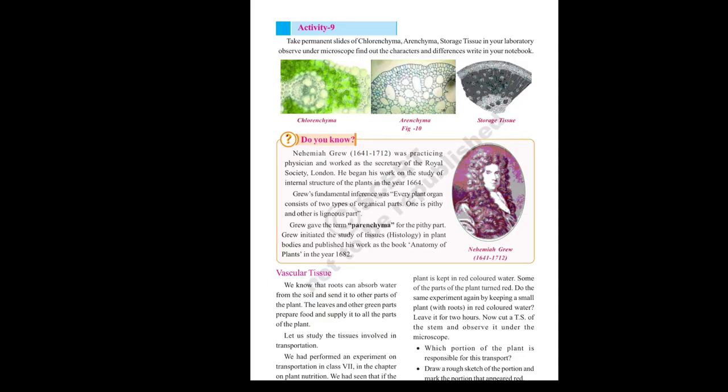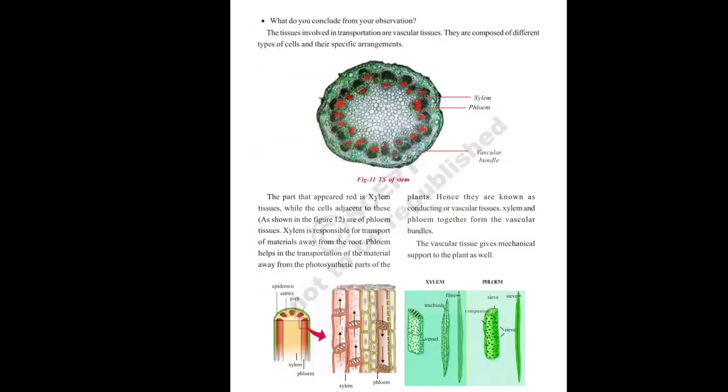In the 7th class, there is a chapter called nutrition. Okay, plant nutrition. In that, we discuss how water can be absorbed by the roots and how the leaves also can prepare food, yes or no? So okay, and what are the tissues helpful in these cases? Those have some kind of special arrangements and some special type of cells.